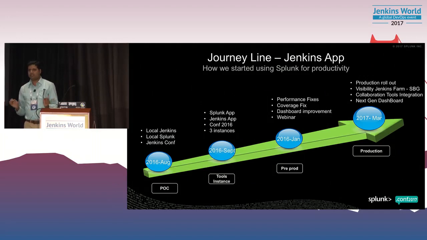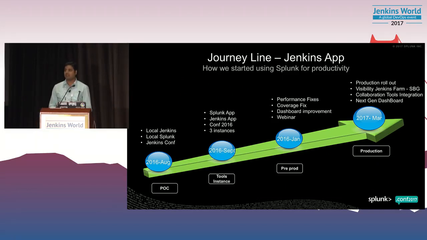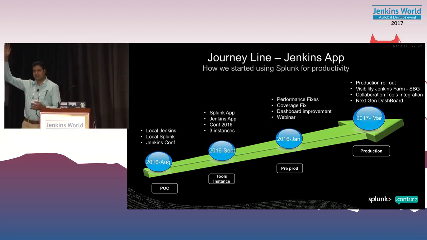Can you share how your Jenkins farm looks in a company? From 1 to 10 Jenkins instances, 10 to 50, 50 to 100, 100 to 1,000. Ours falls in the 50 to 100 bucket, so we have that many Jenkins instances, and